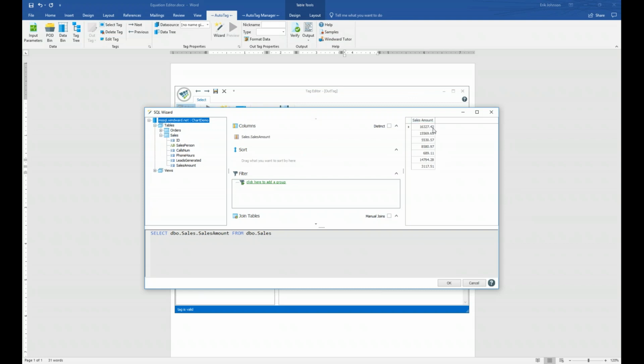And as you can see over here in the data preview, we now have our sales amount, exactly what we want to sum up. So that's all you need to do to populate the number field, is just drag what you want into the columns. When we click OK,